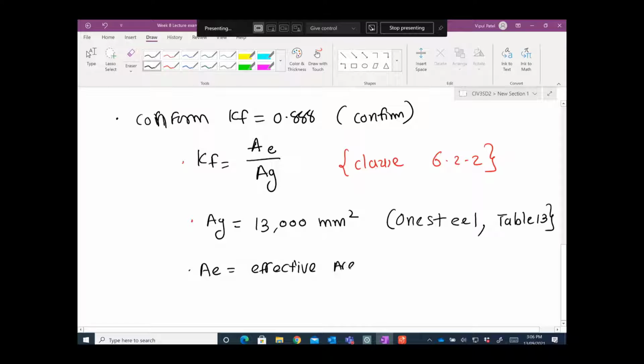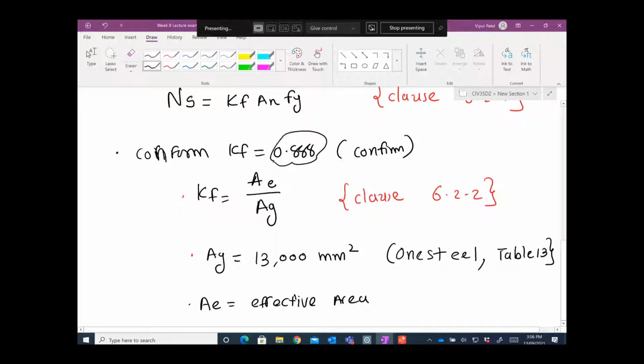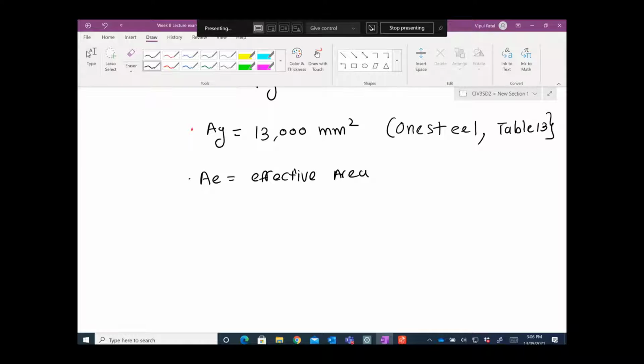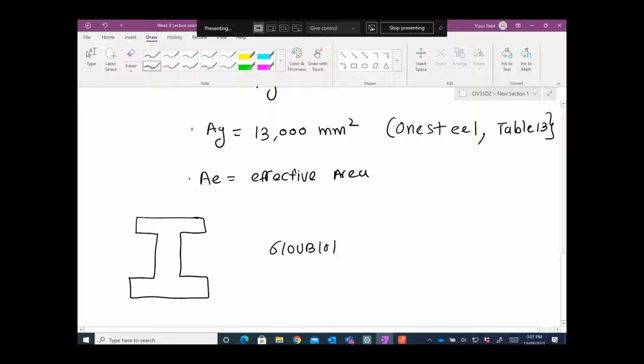Now by looking at this number 0.88, meaning that this 610 UB101 may have this story that it may have buckling. So this part is going to be cancelled out. This part we don't want, but it is not always the case that you might have this, let's say,